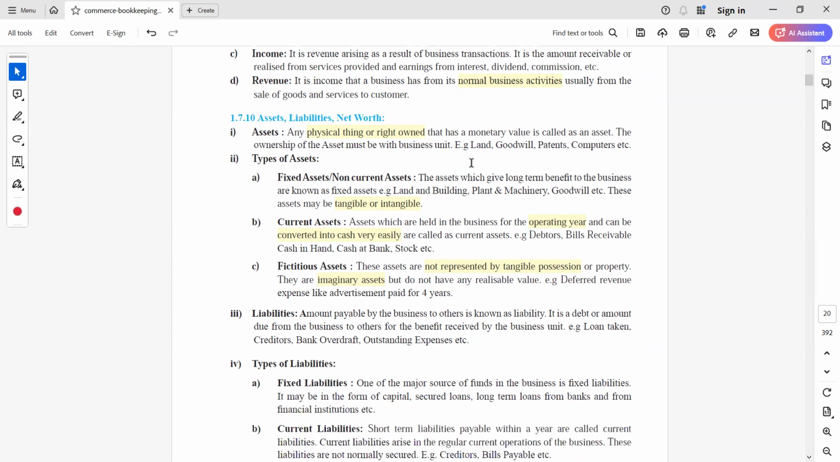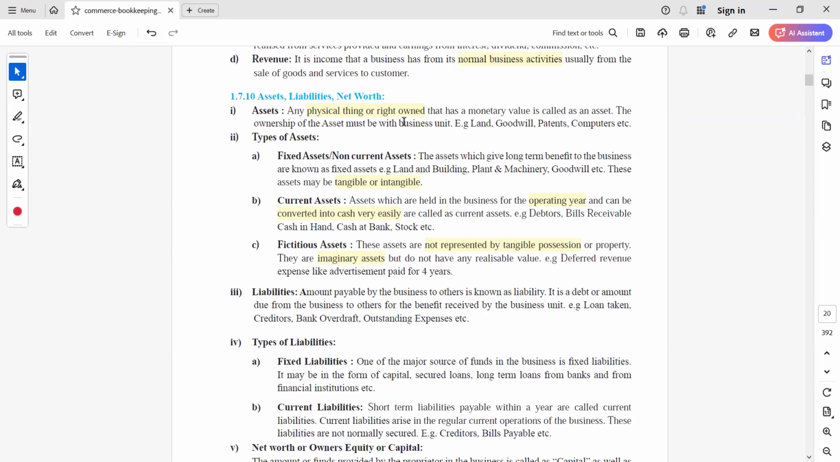Okay, asset, liabilities and net worth. Asset, any physical thing and right owned that has a monetary value is called an asset. ये फिजिकल हो गया, टेंजिबल है, इंटेंजिबल हो गया। The ownership of the asset must be with the business unit, that is the land, goodwill, patent, computer, etc. Type of asset: fixed asset or non-current asset. The assets which give long-term benefit to the business are known as fixed assets: land, building, plant, machinery, goodwill. These assets may be tangible, intangible. जो हमने अभी देखा, tangible बिल्डिंग आएगा, intangible